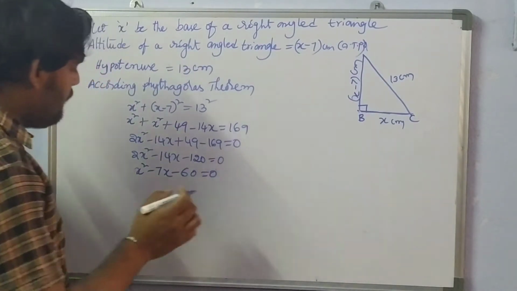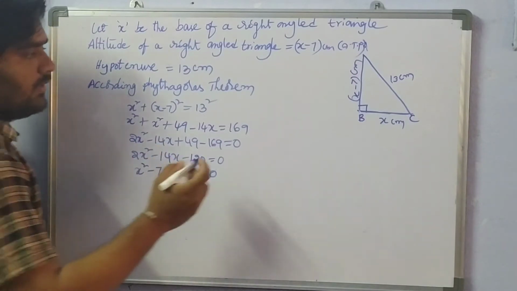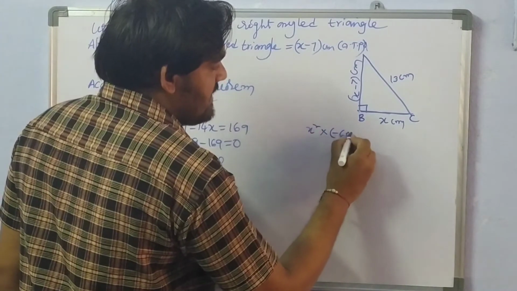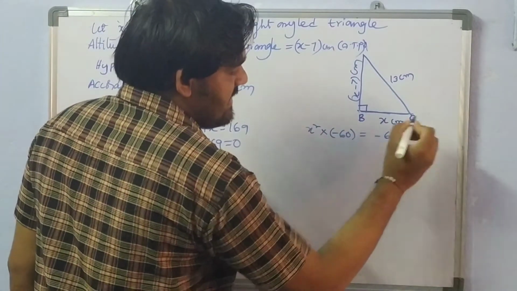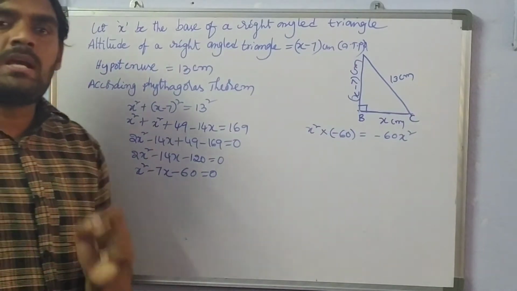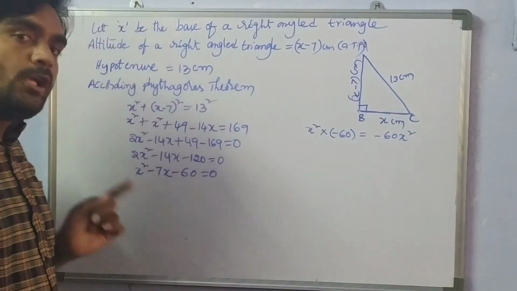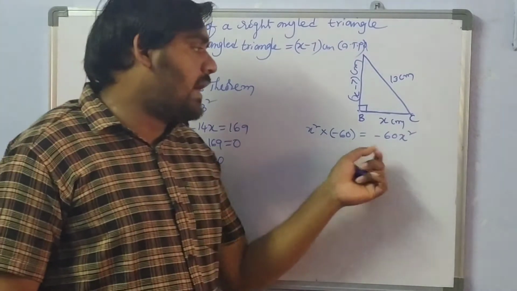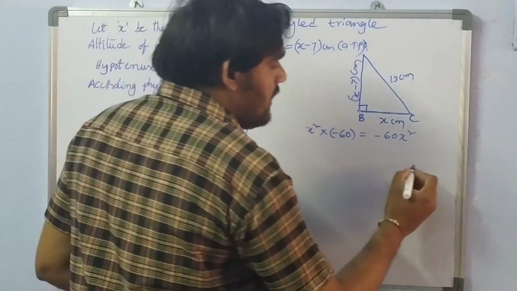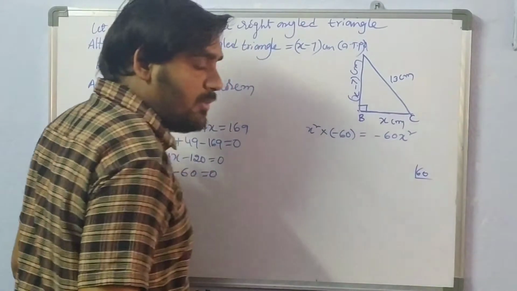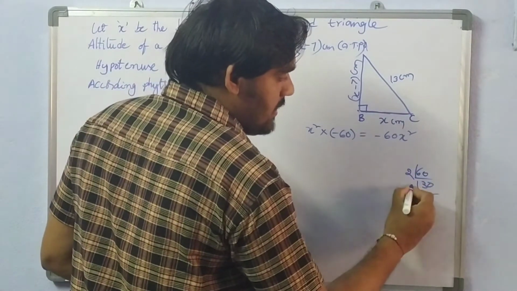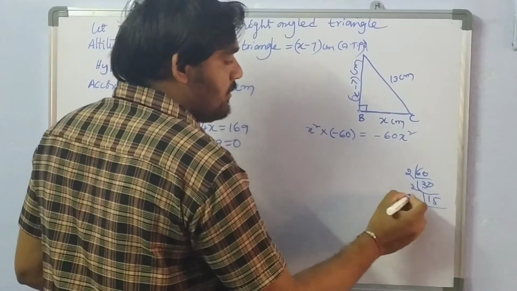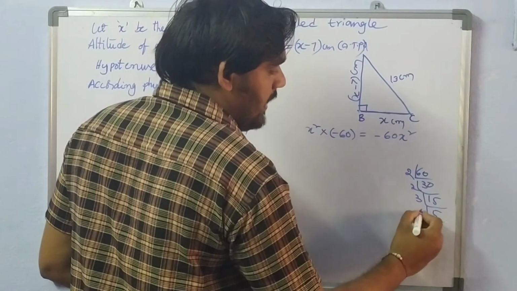Before that, what we have to do is take the first term and the last term and multiply them. That is x square into minus 60 is equal to minus 60x square. If you multiply two terms, the product should be equal to minus 60x square. If you add those two terms, the sum should be equal to minus 7x. Now we need to find factors of 60, or else you can find prime factors also, no problem at all. 2 into 30, next 2 into 15, next 15 is not divisible by 2, so go for 3, 5, 5, 1.